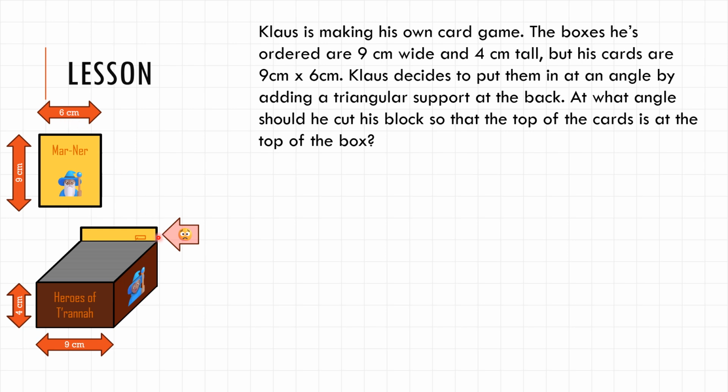So that extra little 2 centimeters is going to stick out of the box if he puts all of the cards in there. And obviously, he's not a fan of that, right? So what Klaus decides to do is he puts them in at an angle. So he creates this little triangular block and he puts this at the back of the box,